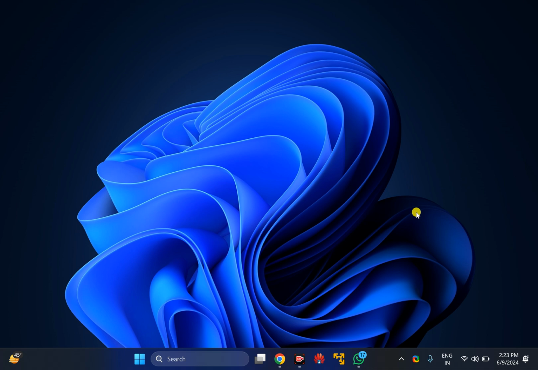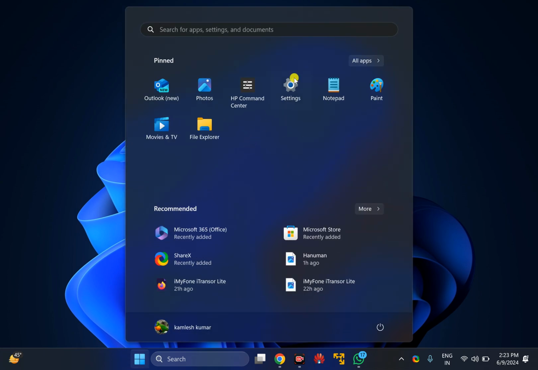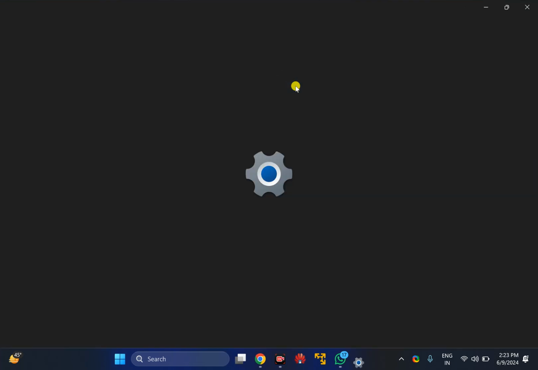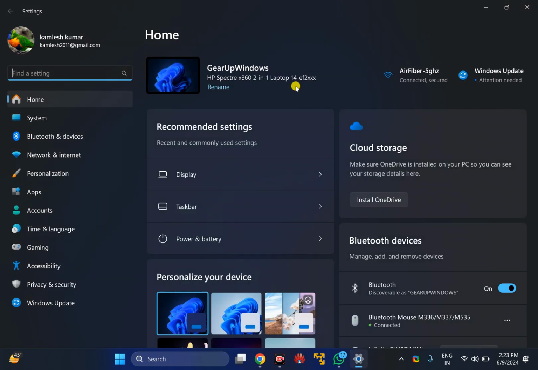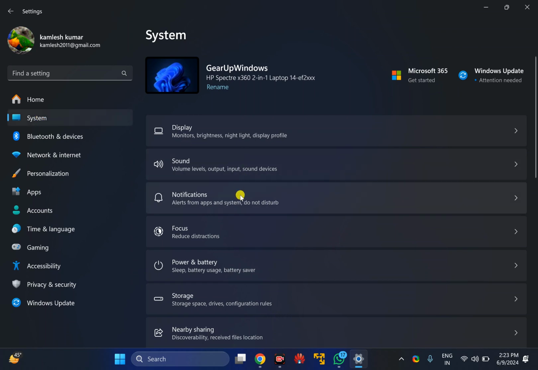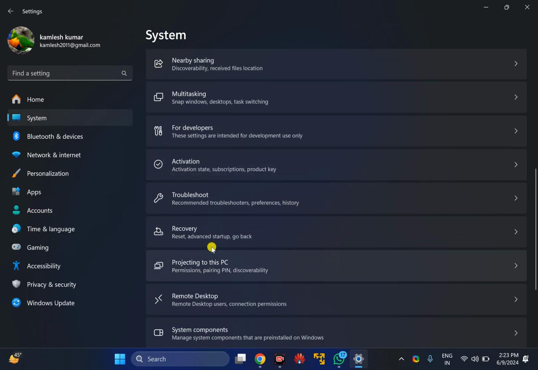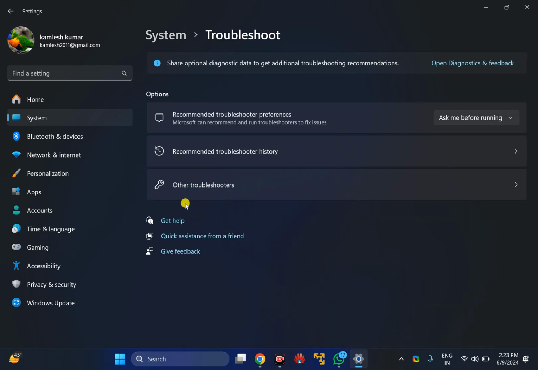To fix the issue, first run Windows Update Troubleshooter. For that, click on the Start button at the taskbar and then click on the Settings option, or you can also press Windows plus I to open the Settings app directly on your Windows PC. After that, select System in the left sidebar. On the right, you will find the Troubleshoot tile. Click on this option.